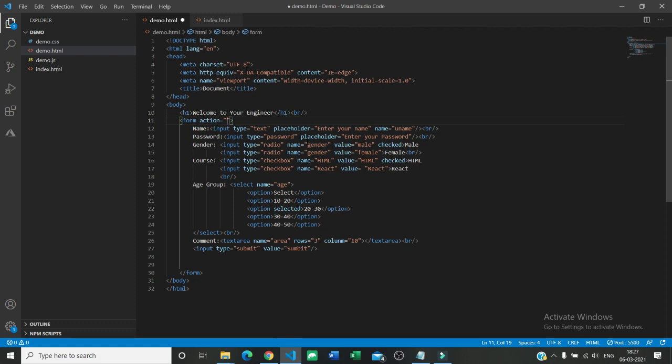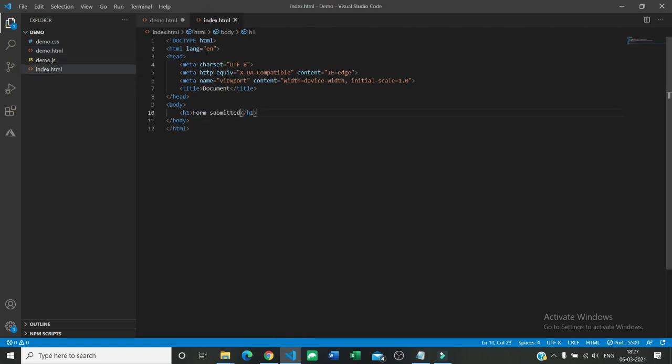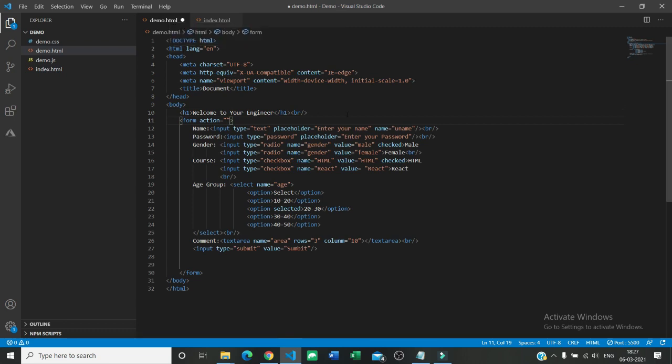So mostly there is some scripting like index.js and anything. So let's say I create, but for the time being I am creating a file named index.html, and here I have just written that form submitted. And in the starting introduction video, I told you what HTML is. HTML is something on hyperlink.